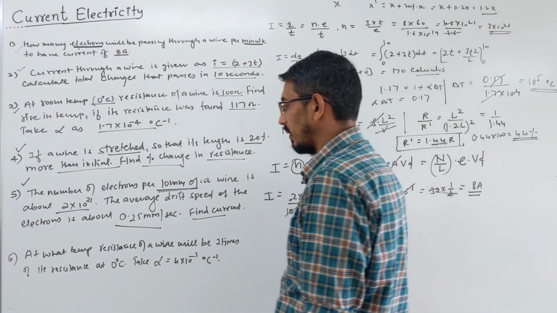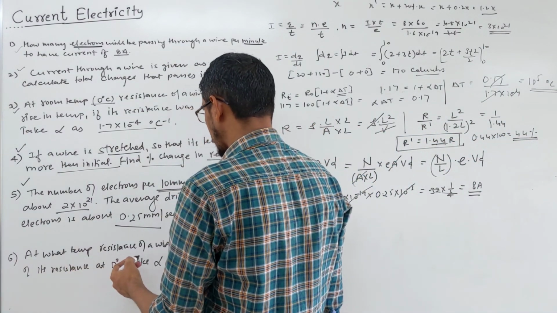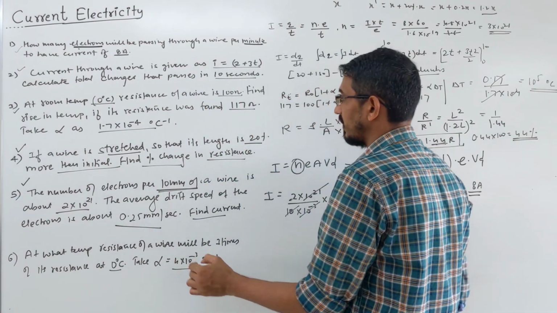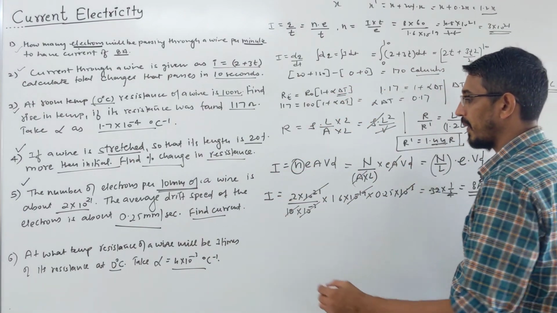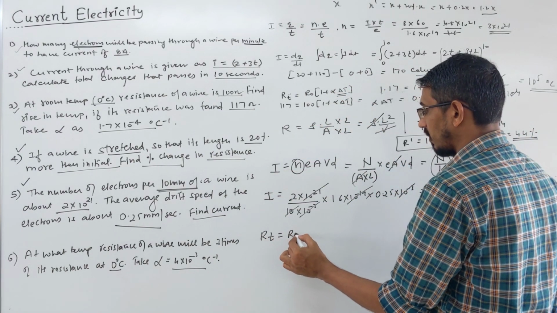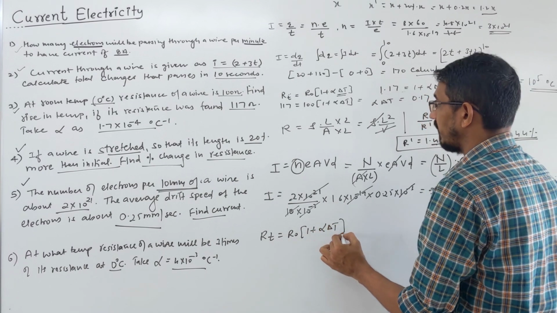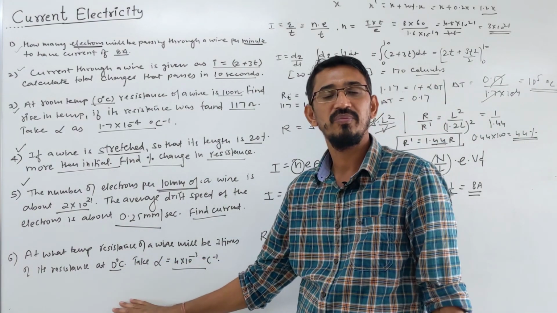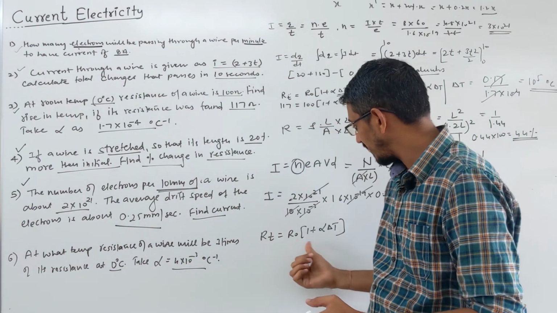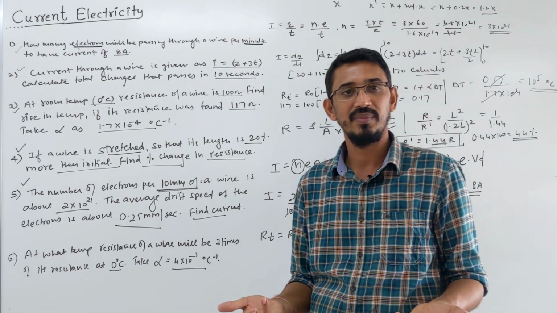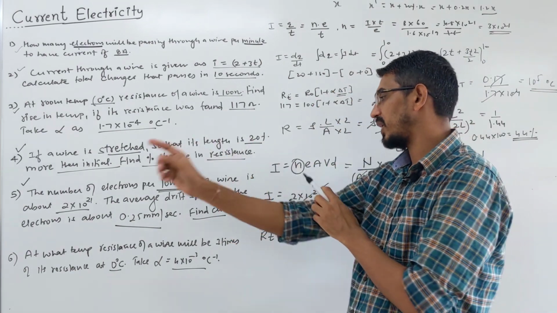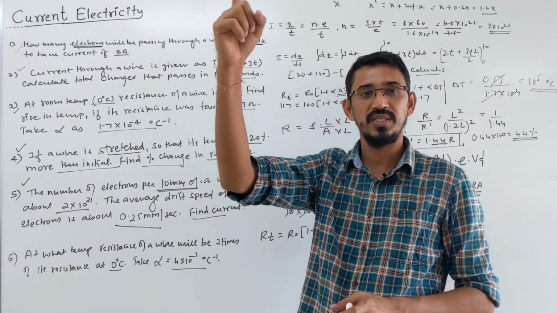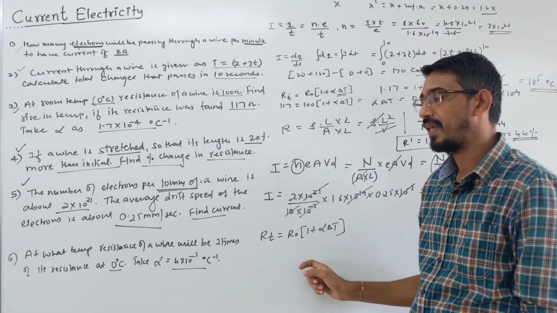Okay, look at the next question. At what temperature will the resistance of a wire be 3 times its resistance at 0 degree Celsius? Alpha is given. We have done a similar question already. So R_T is equal to R naught into 1 plus alpha into delta T. Actually I wrote this question short. They would say properly that this is a conductor, when I use this formula; you can use the negative sign if they say semiconductor. Even if they don't say the words, you should understand: they said the resistance will be 3 times the initial, which means resistance is increasing, so they are talking about this formula.